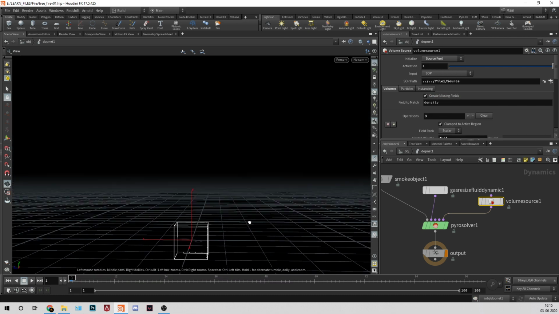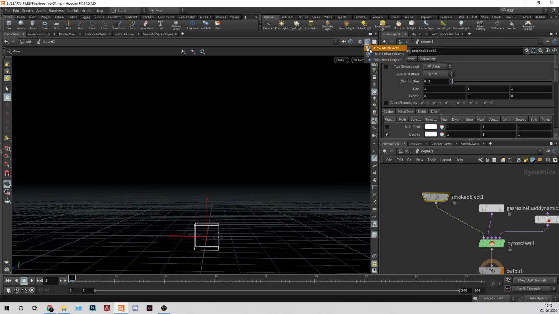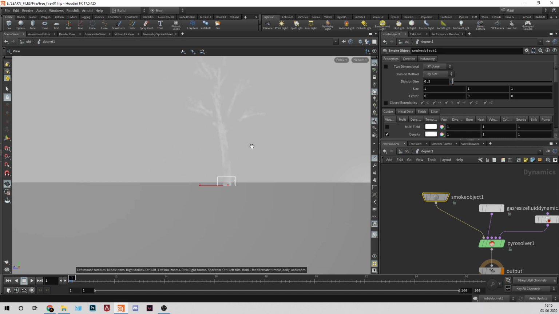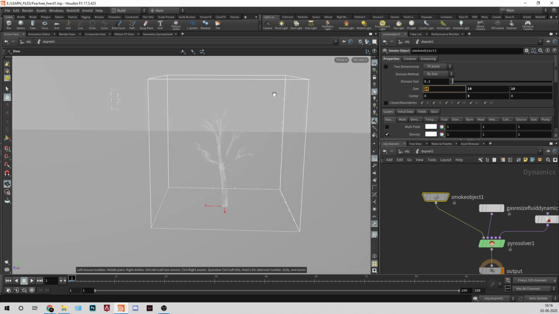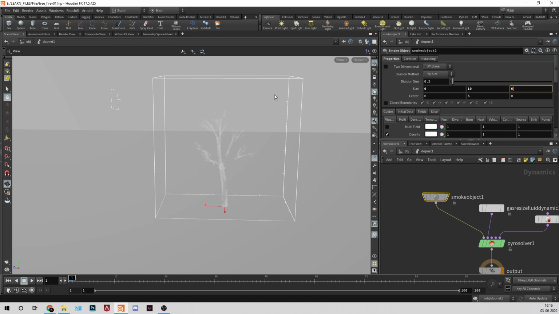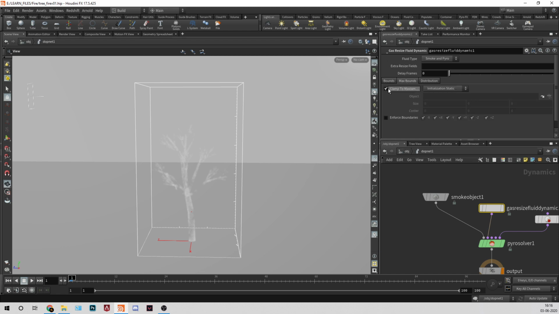You can see the smoke object, so I'll do show all objects so we can see this one. And I'll increase the size by 10 by 10 by 10, and I'll make this 5 because I know that sounds great, and I'll make it 6. I did this one, so I know what the size should be. So this will be our size, and I'll remove clamp to maximum, otherwise it will close at this and not expand anymore. So I'll make a delay frame of 2 frames, okay.